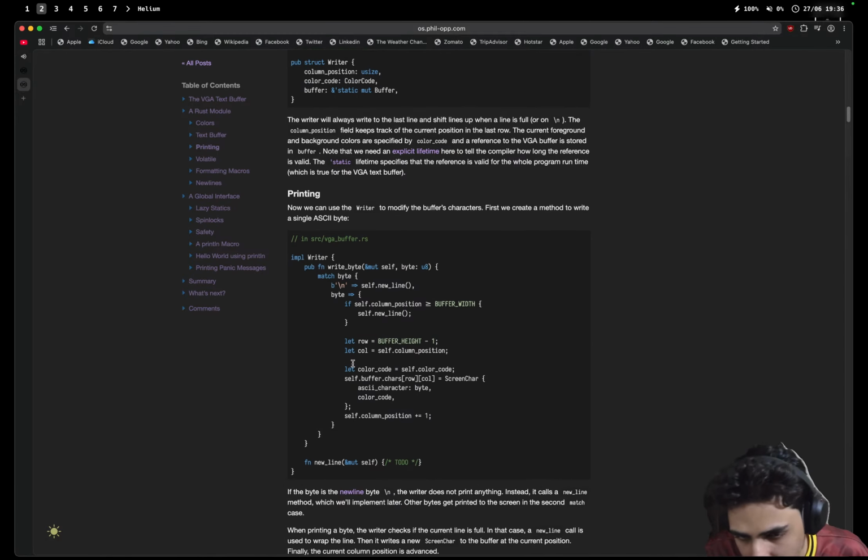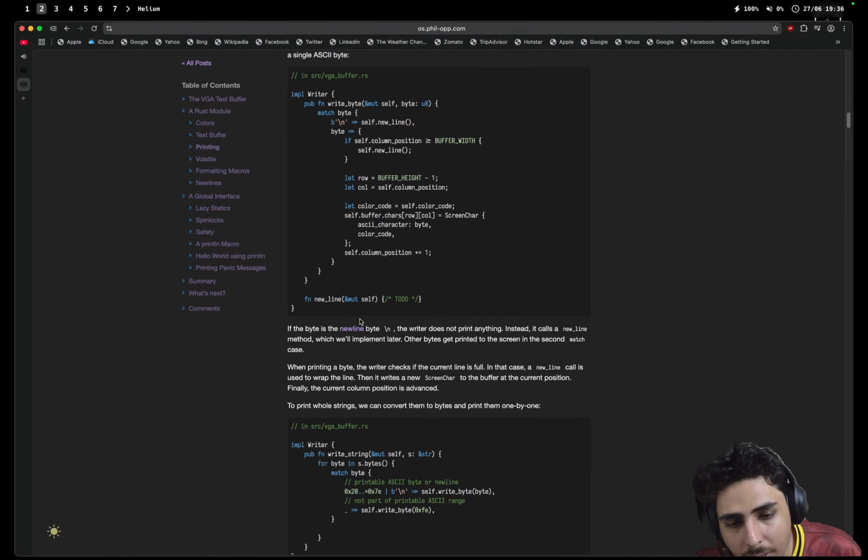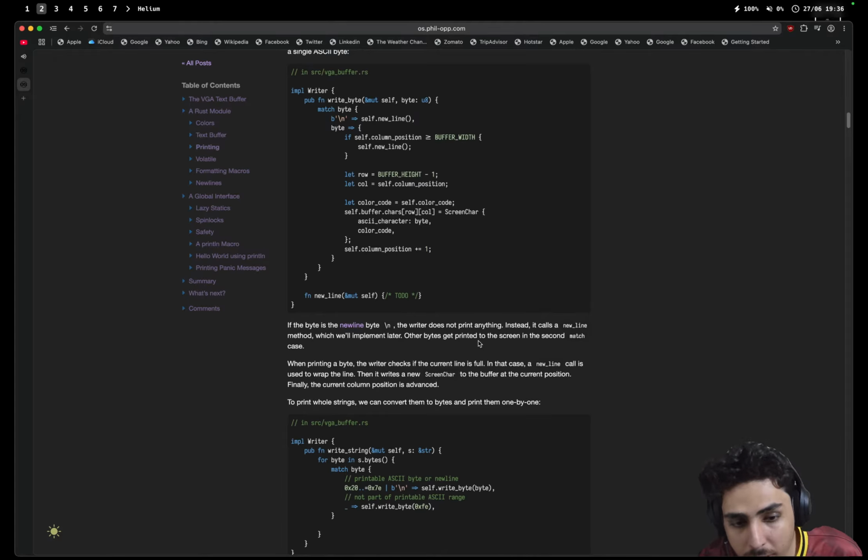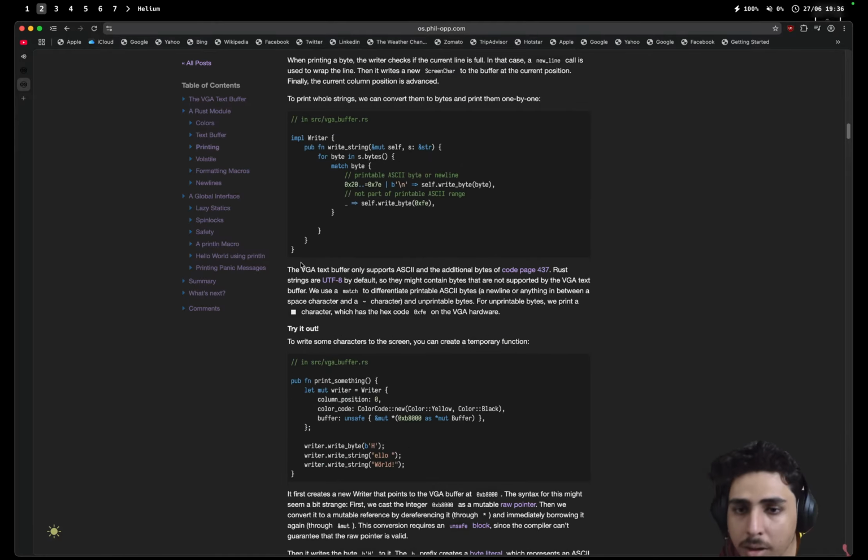Let's not look at it, let's read what's happening. If it's a new line, then we don't do anything, we just call this an implementation. Fine, other bytes are printed in the second case. All right,